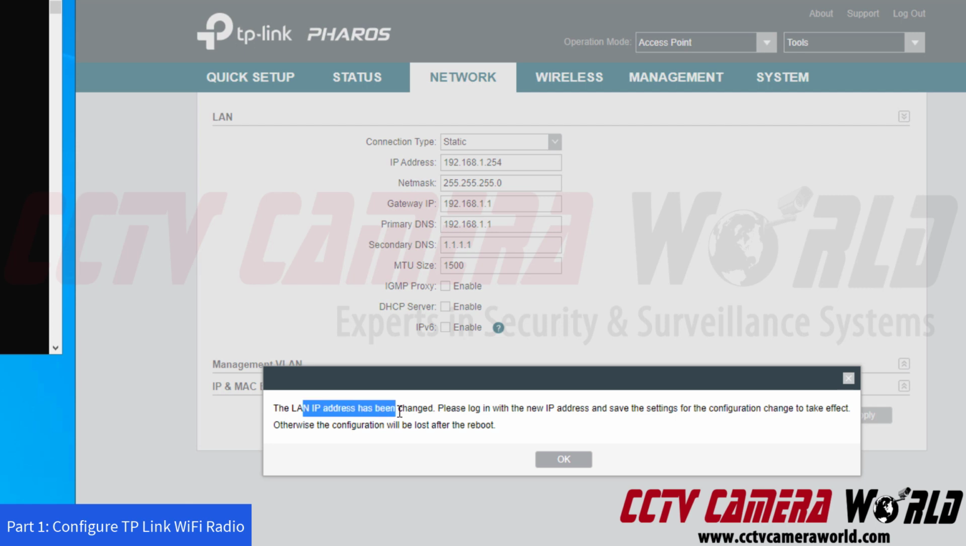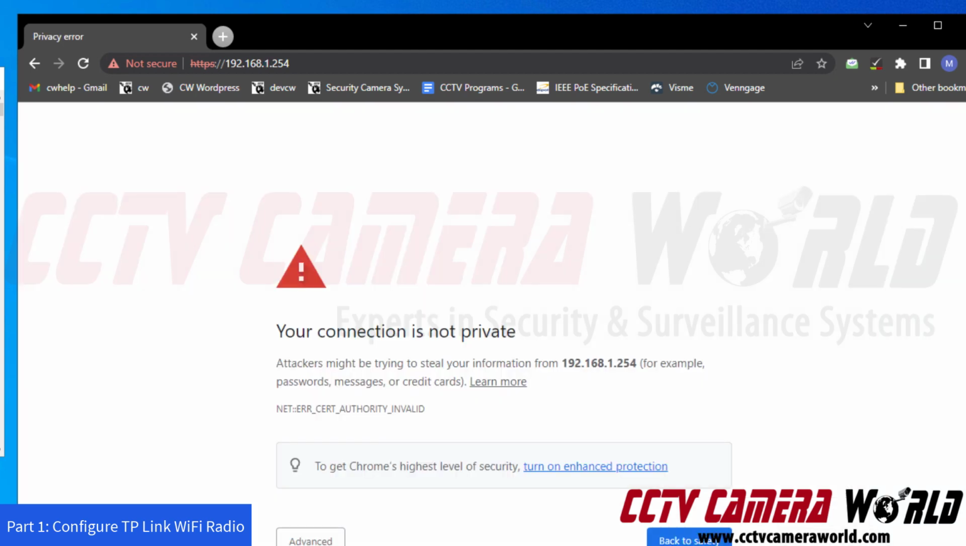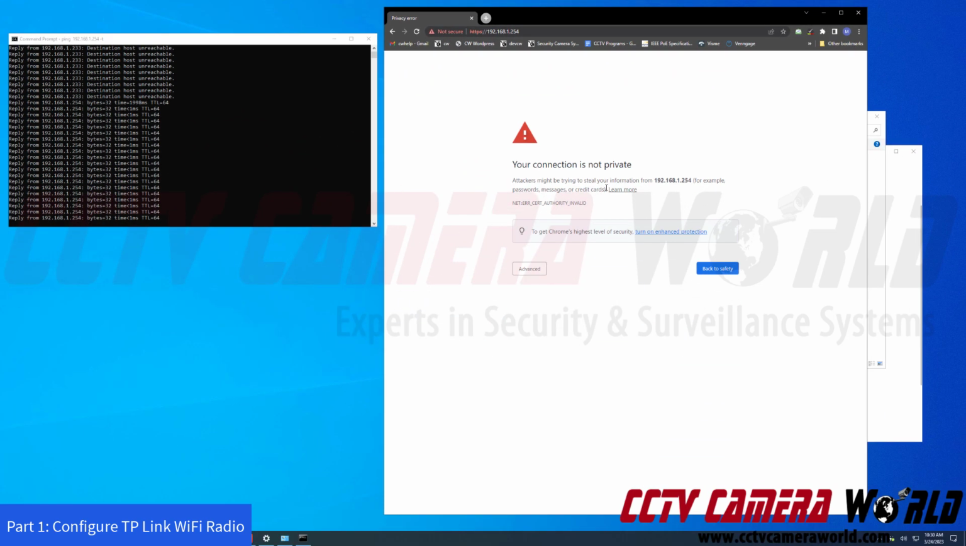So it says the LAN IP address configuration has been changed. Please log in with a new IP address and save the settings for the configuration change to take effect. So you click OK. What this is going to do is change its IP address. And now it's on a 192.168.1.254 network. If after you change its IP address, you're unable to access it, again, you do need to go